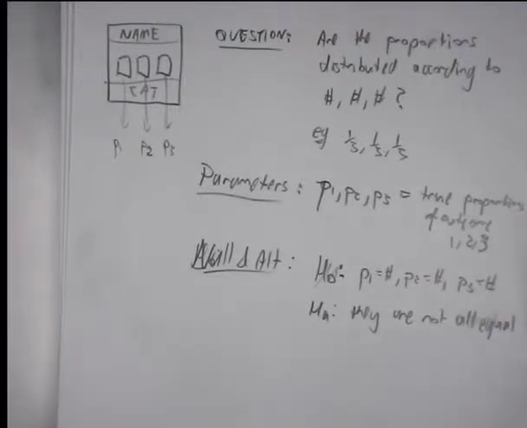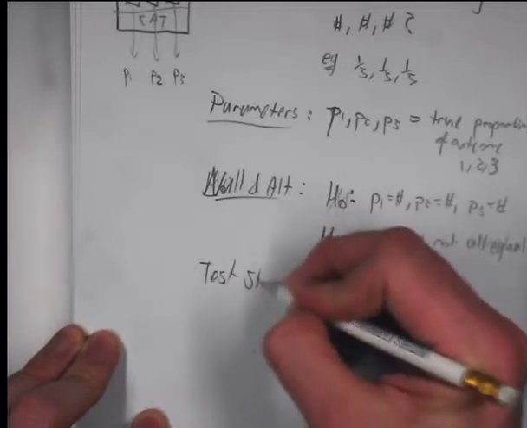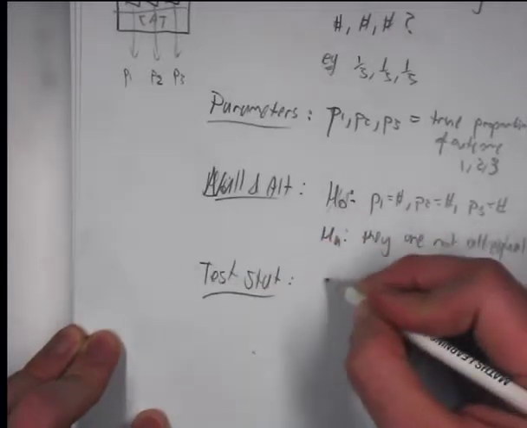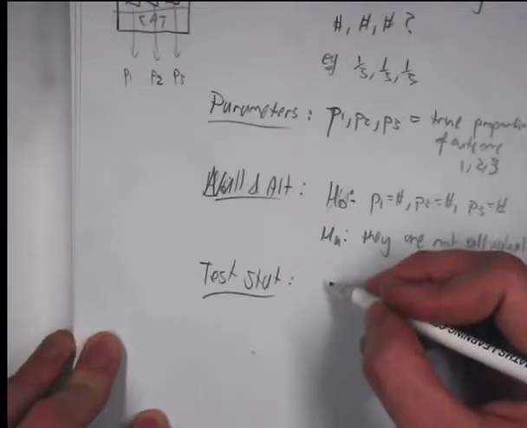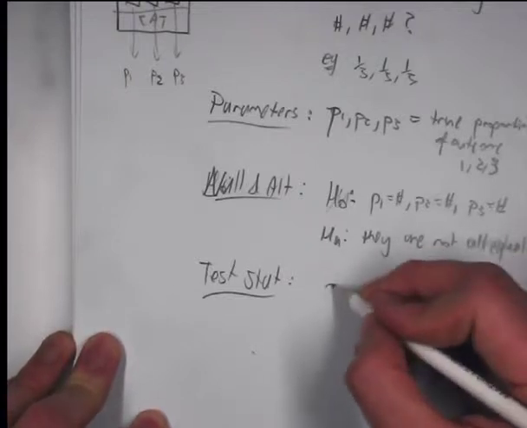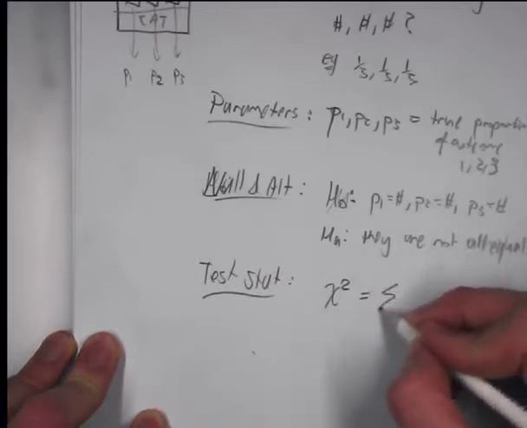Okay, so it's a little bit like ANOVA, where one of them is they're all equal and the other one you just have to use words. And then you'll say the test statistic is a chi-squared. Now with a chi-squared he won't generally ask you to write a formula for it because it's too complicated to describe. But it'll be chi-squared is equal to